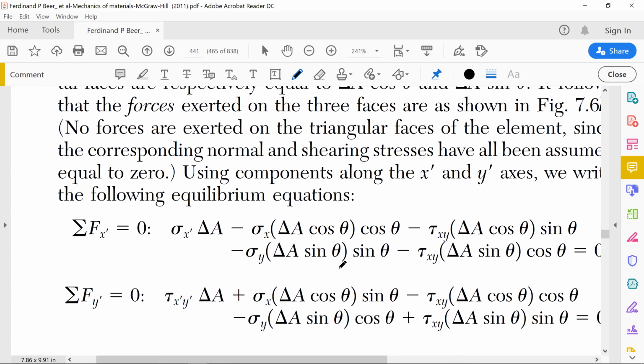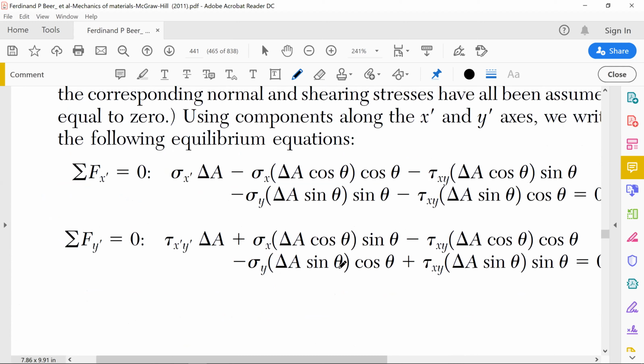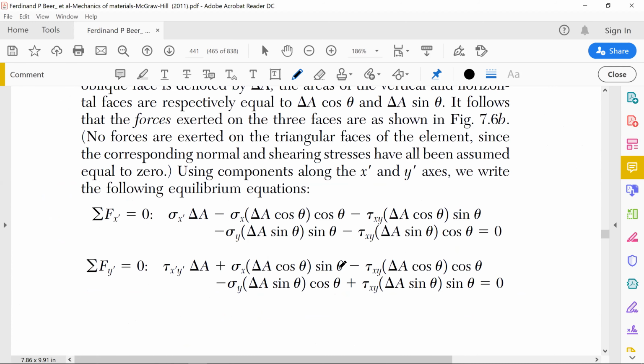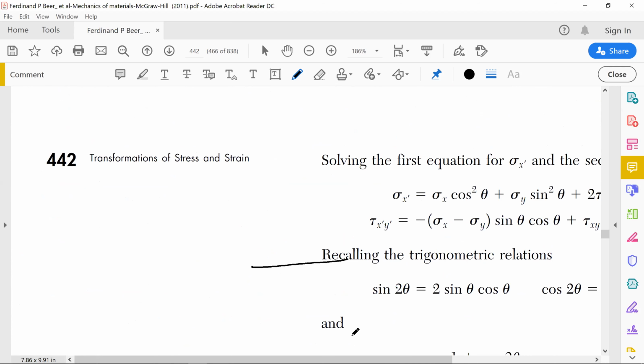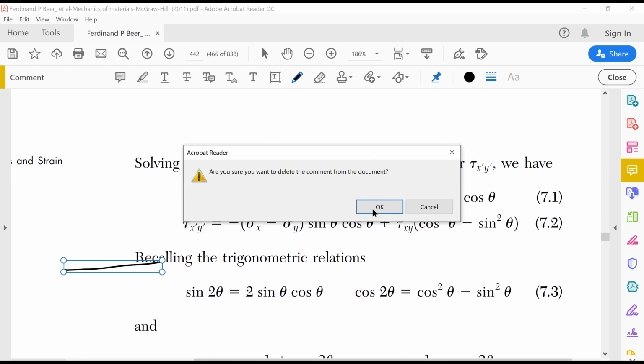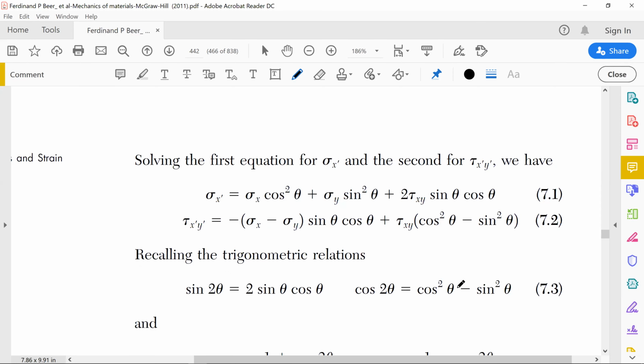And then by the end of the day, after solving all this, solving this equation for sigma x prime and tau x prime y prime will look like this, right? Amazingly, if you look at this, this is the same value we derived in chapter 1